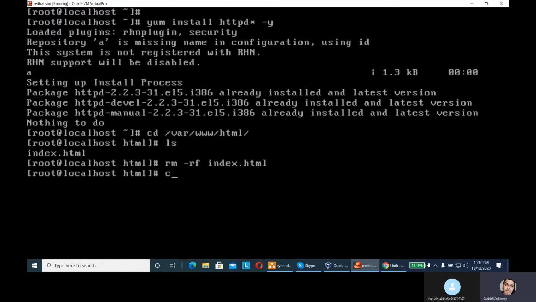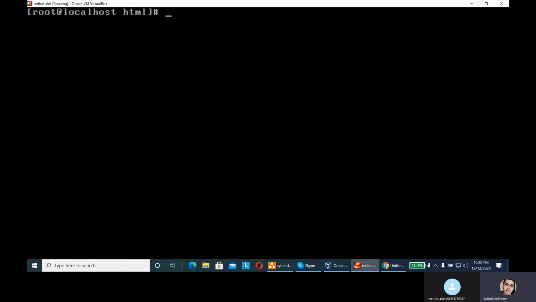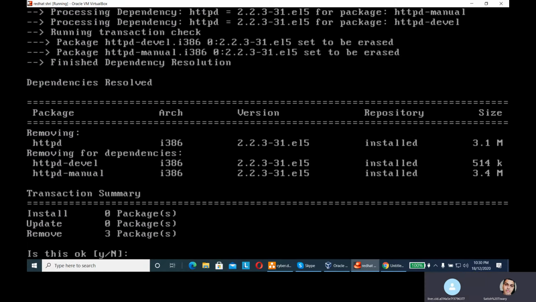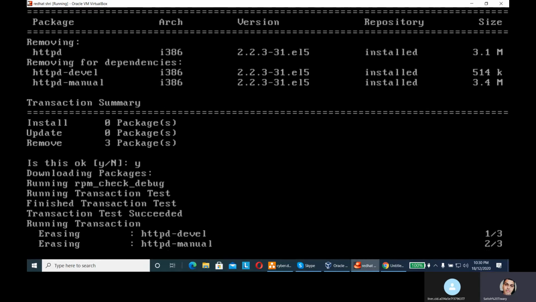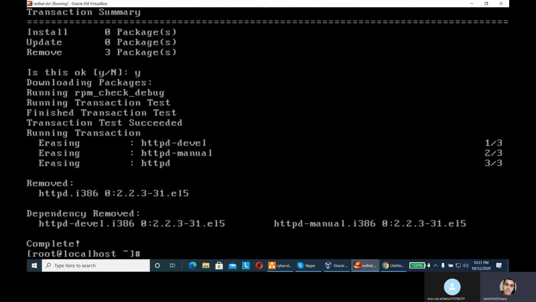I think we have already configured the Apache server on this system, right? Yes. So what we have to do is remove Apache first: yum remove httpd. I am going to delete the package, and then install it again: yum install httpd.